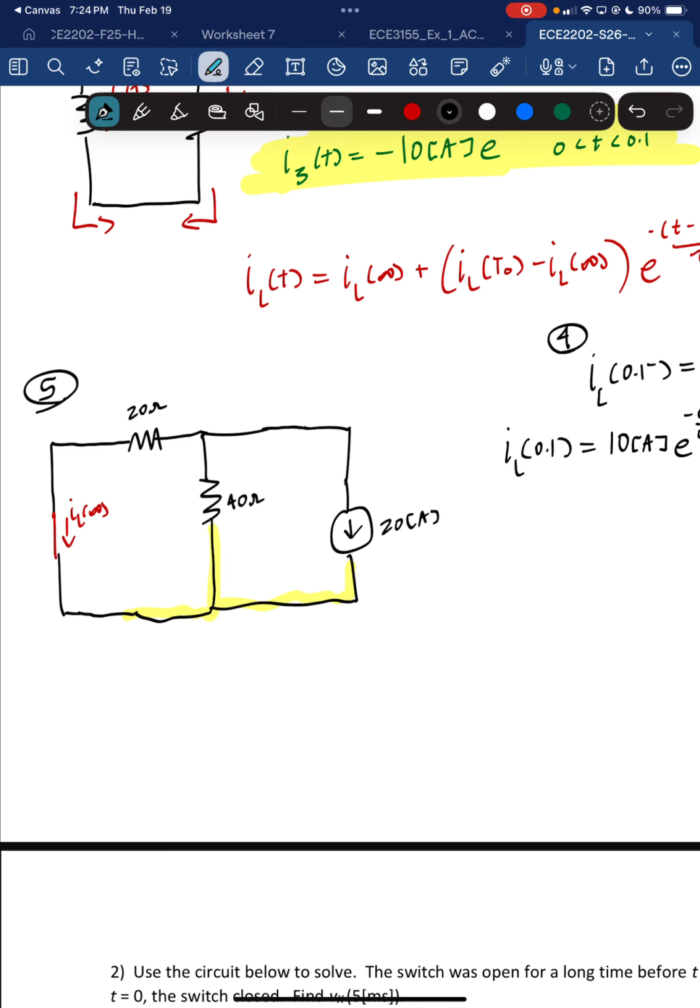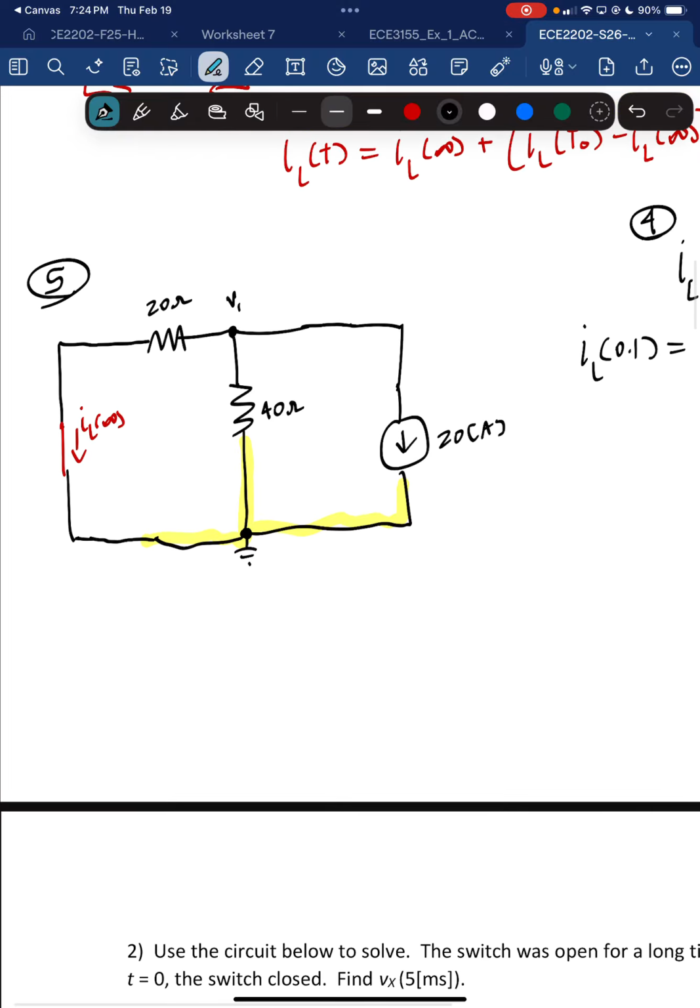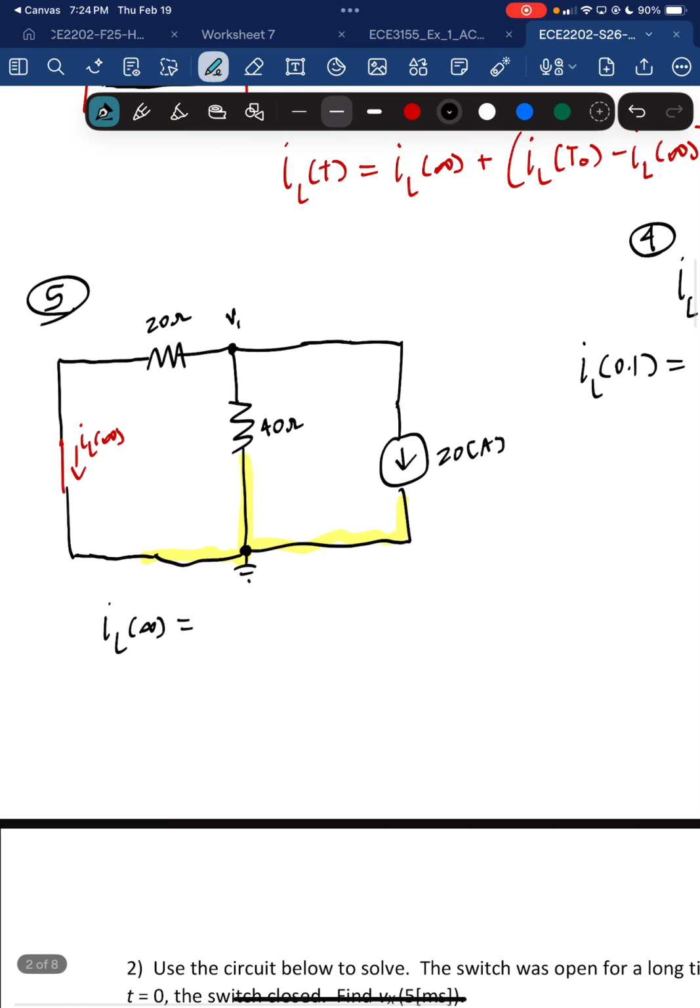Yes, if you made this your ground, you would just call this V1. V1 over 20 plus V1 over 40 plus 20 amps equals 0. Solve for V1, then say I of infinity is V1 over 20. Yeah, that works. Current divider is optimal if you're comfortable with it. If you're not, just do nodal. Never goes wrong. But current divider here would be I of infinity is equal to negative 20 amps times, like Liam said, the opposite resistor in the numerator over 40 plus 20